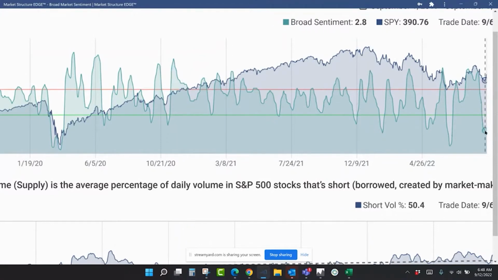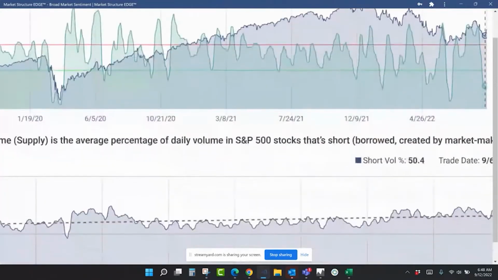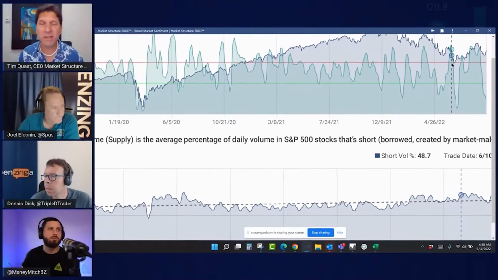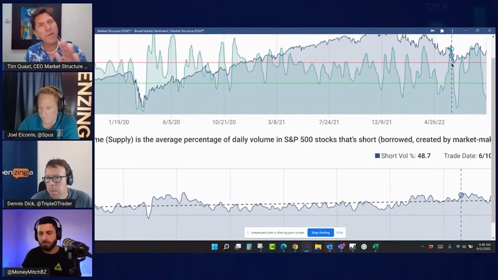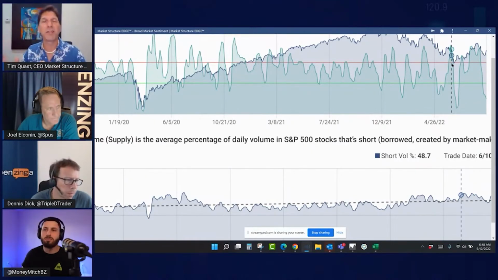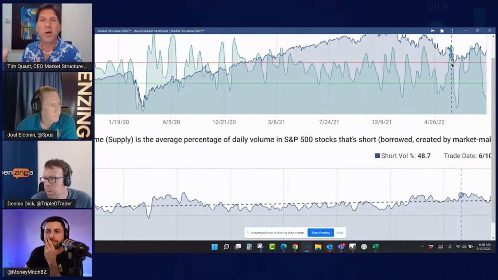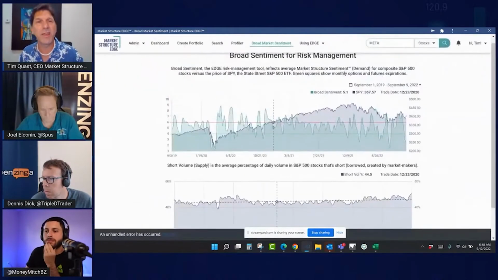So I know the odds are in our favor, but I also know that when the supply side is very high, like it was here, a dip like this can very quickly deteriorate into another turn lower. So that's why I'm much more careful when the supply side is high. I hope that makes sense. Supply and demand are basic economic principles. When there's more demand than supply, prices rise. When prices recover and supply remains high, there is a very high probability that the stickiness of those prices is lousy. And so I don't think that's necessarily what people think about, Joel.